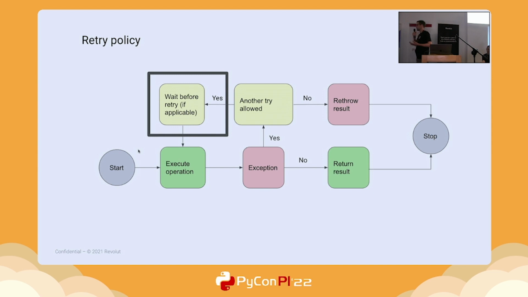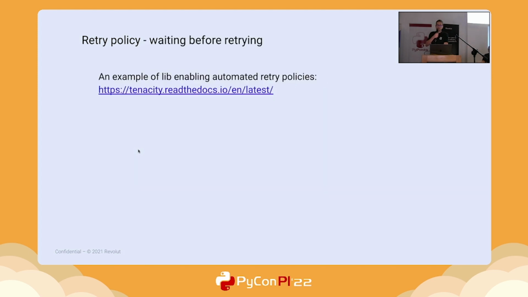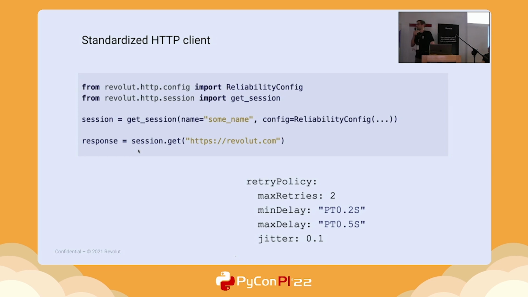Same with retries policy. If we are in the Python world, we can implement retrying in many different ways. Essentially, it's trying to do something, catching the exception, and just handling the exception. In case of HTTP, of course, we can have several policies. There is this fantastic library that you might know, called Tenacity, which provides that perfectly. There are different policies. Lots of them are also useful in case of distributed systems. But inside Revolut, we have our own approach to that.